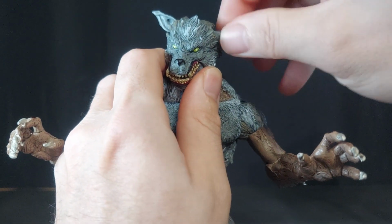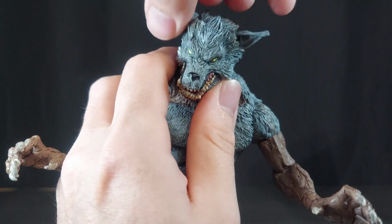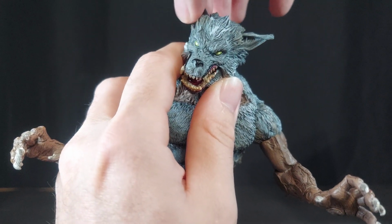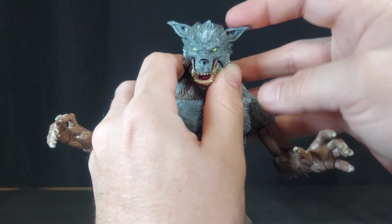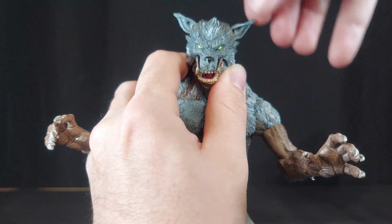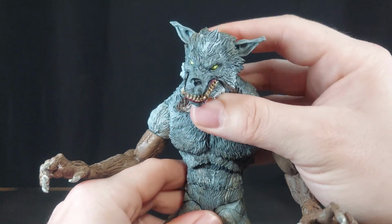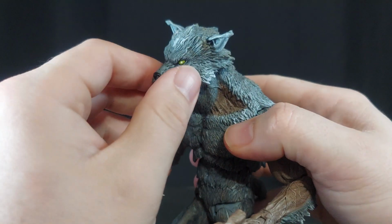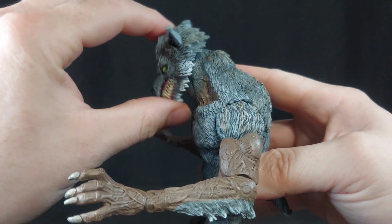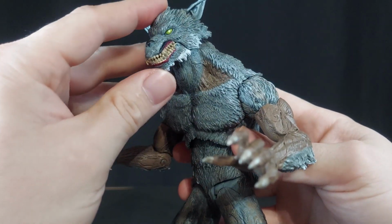But he has articulated ears, because you can twist these all the way around. They kind of got a little movement to them. They're a little warm right now from where I heated them up, so it can't quite do everything, but you can get them to go down some, in some, twist around. It's neat. I haven't had articulated ears yet on a figure. He has a double ball for the neck, so he can look down so far. He can look up so far. You can go all the way around, of course. He has a hinged jaw